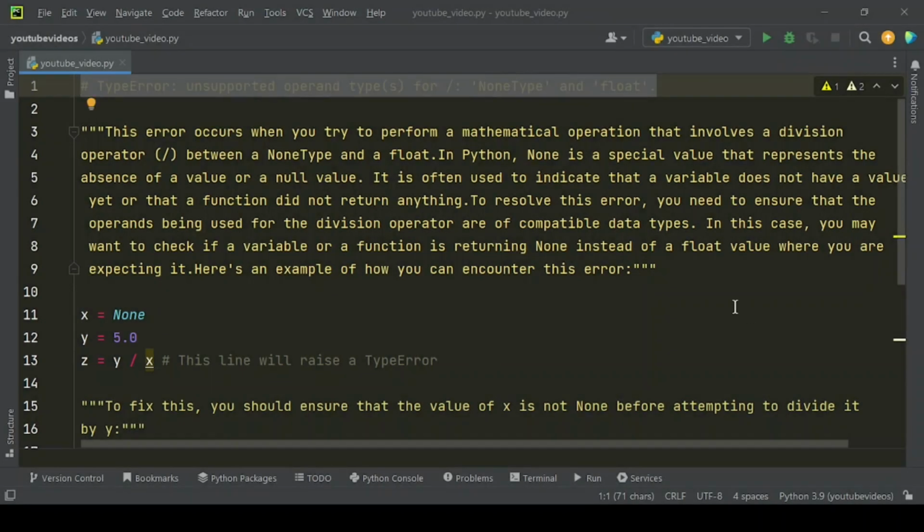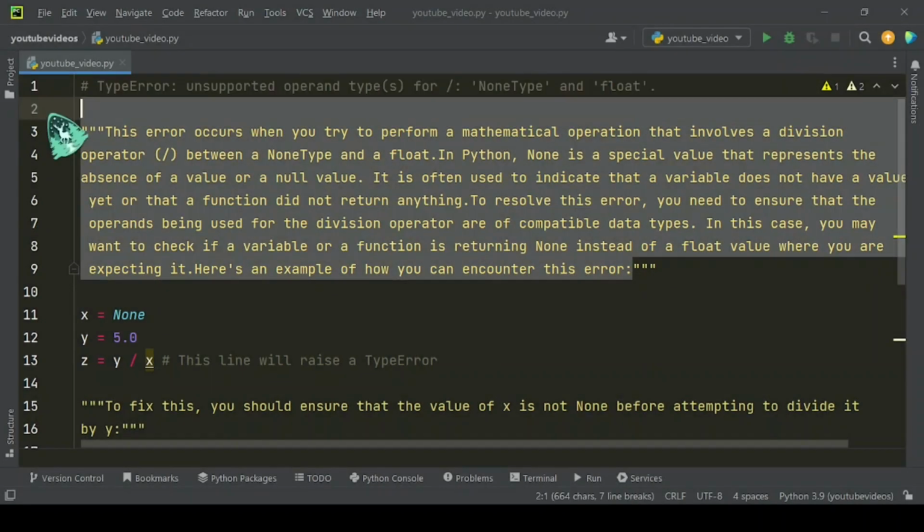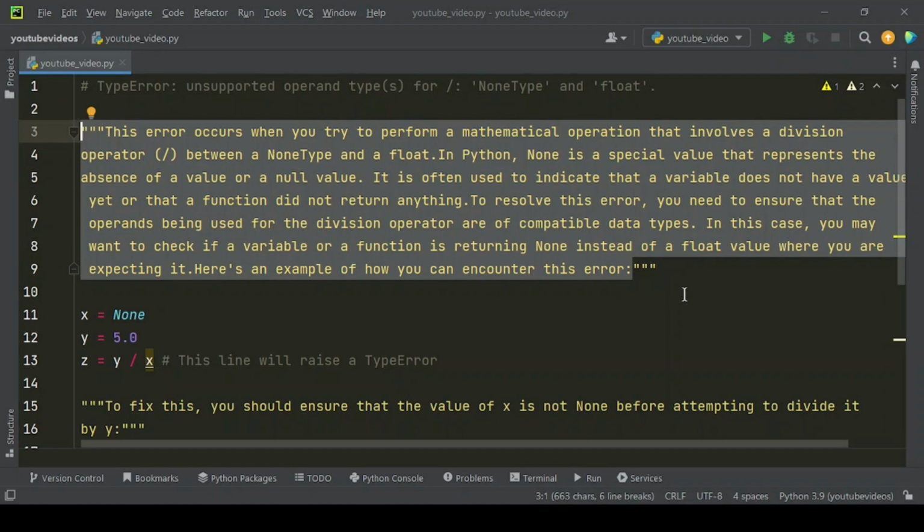In this video we have shared how to fix TypeError: unsupported operand type(s) for /: 'NoneType' and 'float'. This error occurs when you try to perform a mathematical operation that involves a division operator / between a NoneType and a float. In Python, None is a special value that represents the absence of a value or a null value. It is often used to indicate that a variable does not have a value yet, or that a function